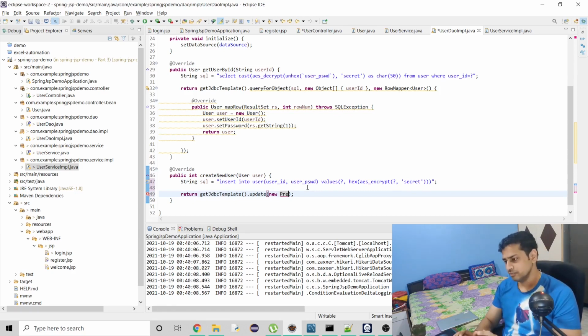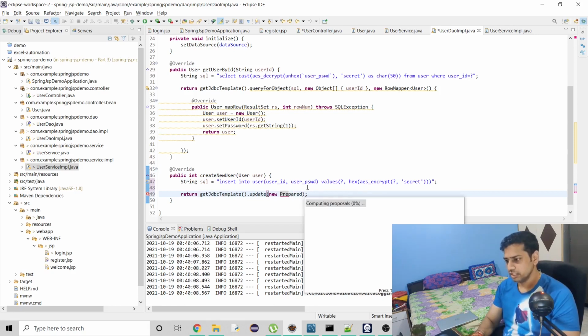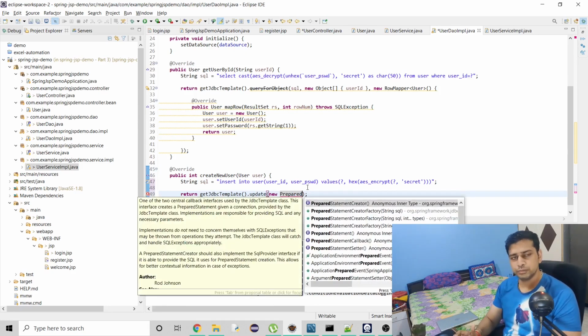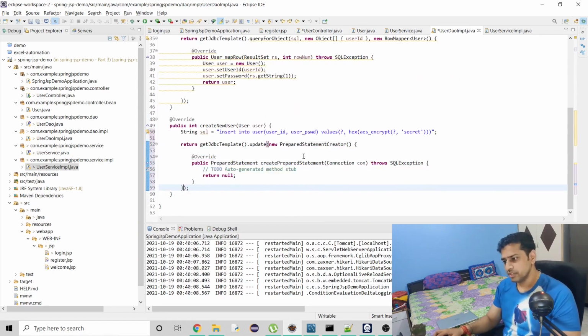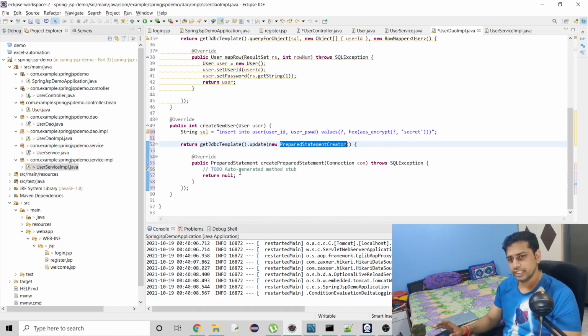Even if the project is a legacy project, when we talk about Struts, there also you will find prepared statements. We should use prepared statements to avoid SQL injection or hacking kinds of issues. So here we are going to use PreparedStatementCreator, because here we are going to create our statement.